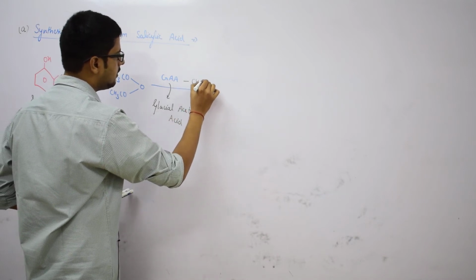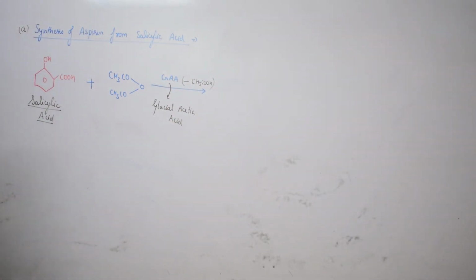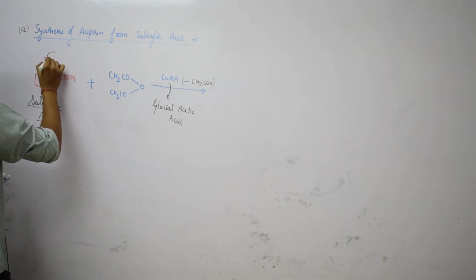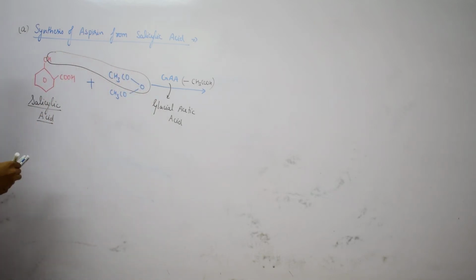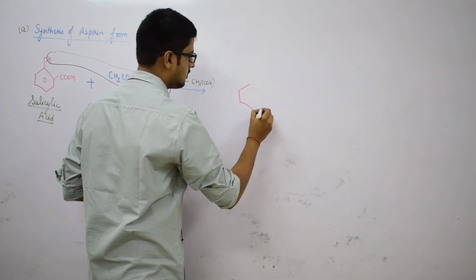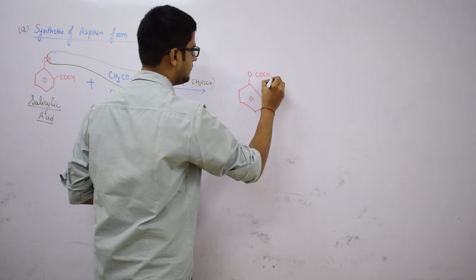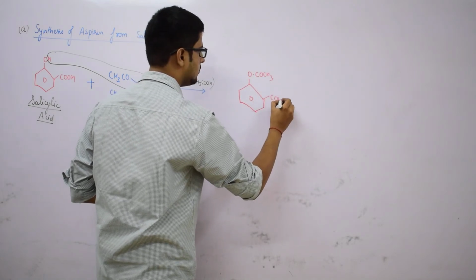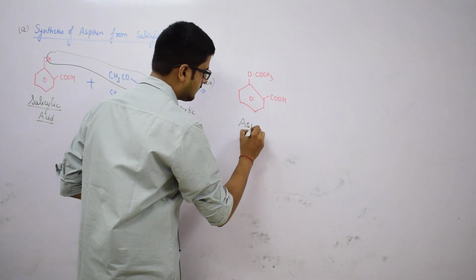A molecule of acetic acid is eliminated. It is eliminated in this form: hydrogen from this atom and CH3COO group from this atom, and further this group attaches over here, leads to the formation of OCOCH3, and this is COOH, and this compound is known as aspirin,